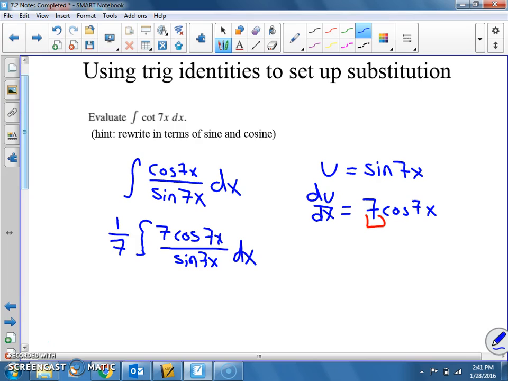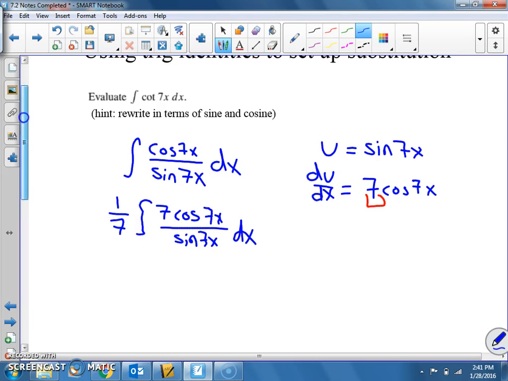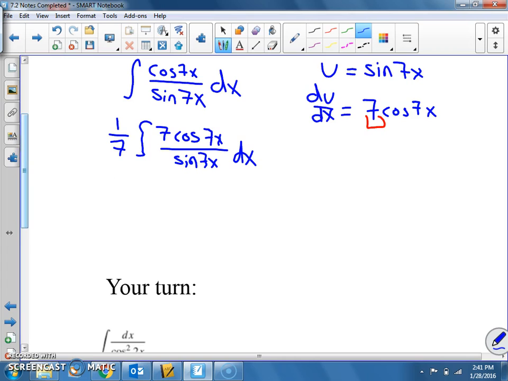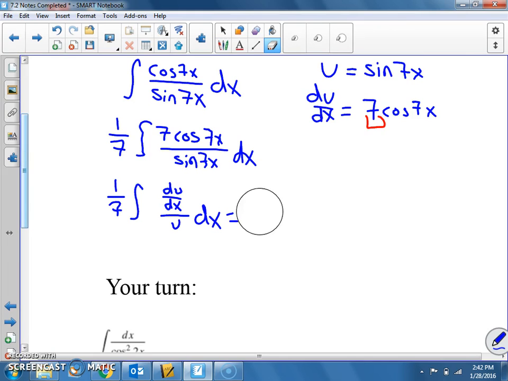That's dx. Okay, so if I've got this, can I rewrite it in terms of u and du dx here? So what would it be? It would be 1/7 integral of du dx over u and then dx, right? An easier way to write it would be to bring the du dx off to the side. So I'd have 1/7